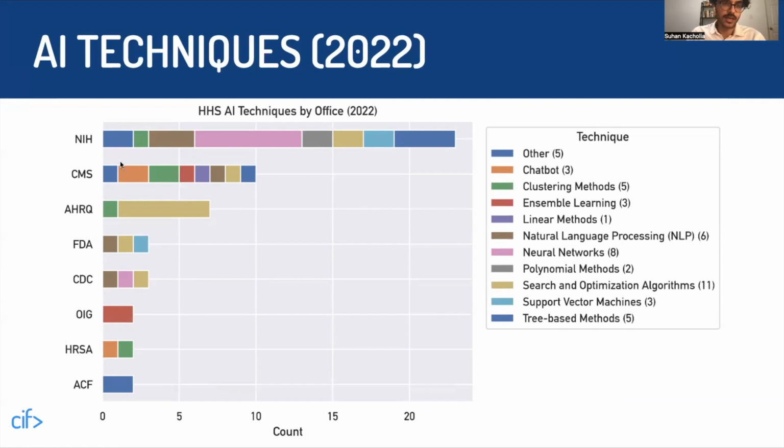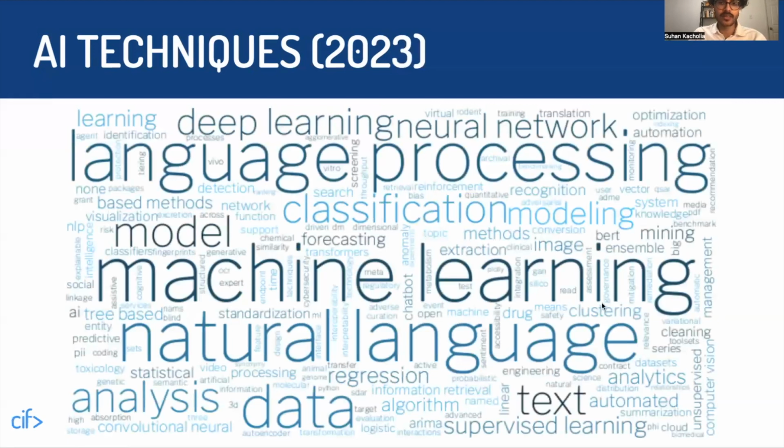As you can see, it's very diverse with respect to which techniques each office used. Some of them relied heavily on one or two techniques, like AHRQ, where a lot of their projects were focused on search and optimization, whereas the CMS used a wider variety of techniques, including chatbots, clustering methods, etc. But this should give you an idea of what is actually being used in these projects when we talk about AI. And then for this year,